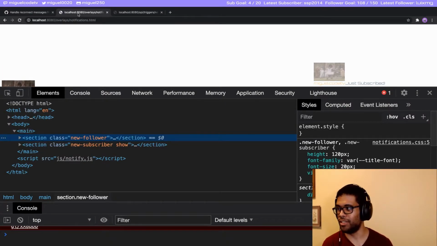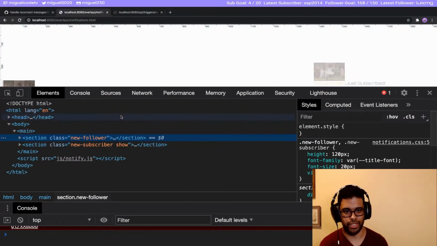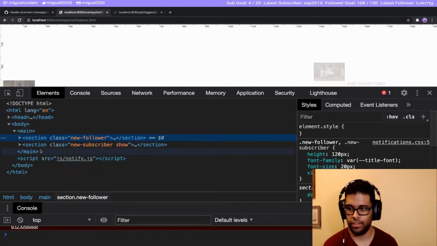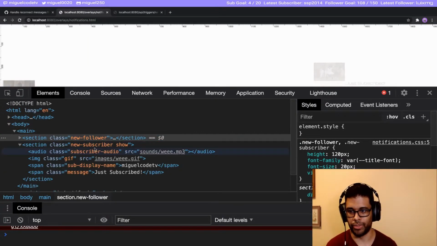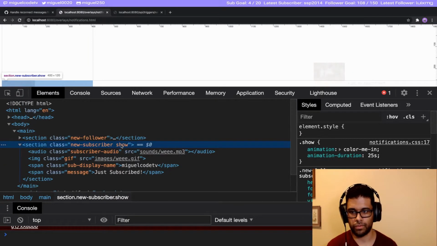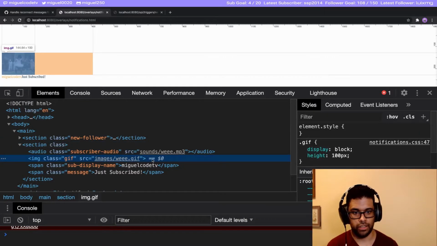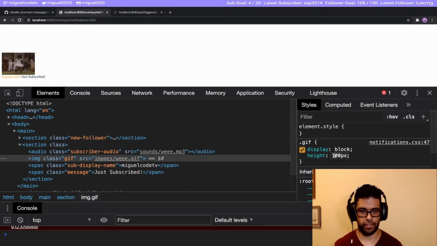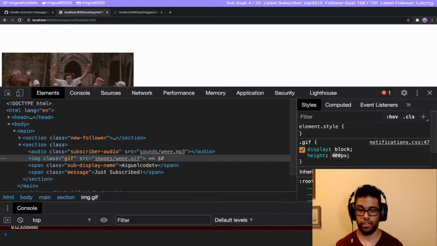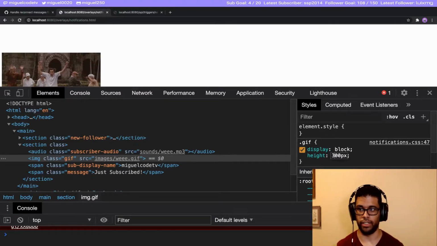It kind of looks very small. I wonder if I could make it bigger. Yeah, it looks very, very small. Maybe too big.